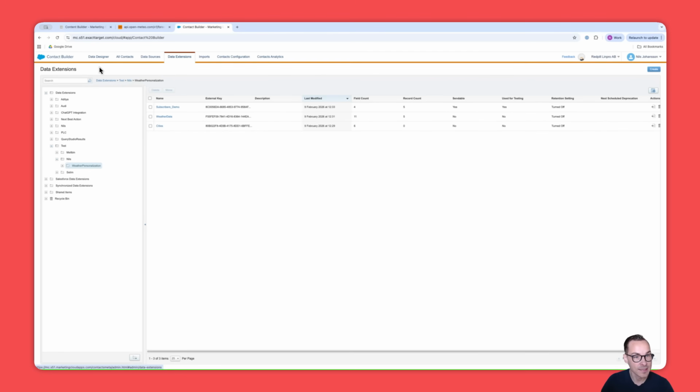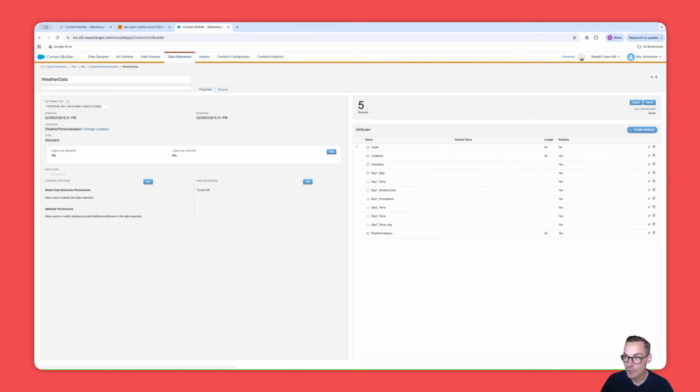But besides cities, we also need weather data, and here we also have a bunch of fields. Maybe something to pay extra attention to is the weather category. That is the field that will tell us if it's sunny, rainy, cold, or snowy. Basically what's gonna drive this personalization. But just to show you how it looks, everything will be written down for you, so you don't need to